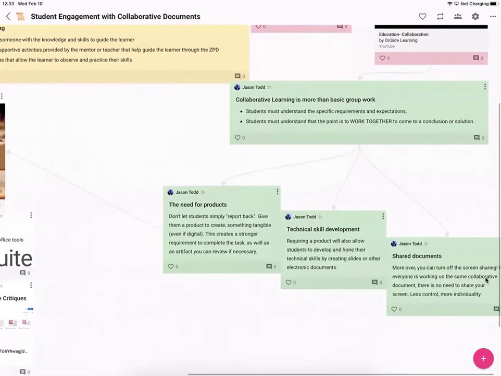Okay, so again, that's just a kind of argument for thinking about. But again, I think I'm largely preaching to the choir with this group in terms of why collaborative learning is beneficial for a variety of reasons, right? The biggest point I want to make here is that collaborative work is more than just basic